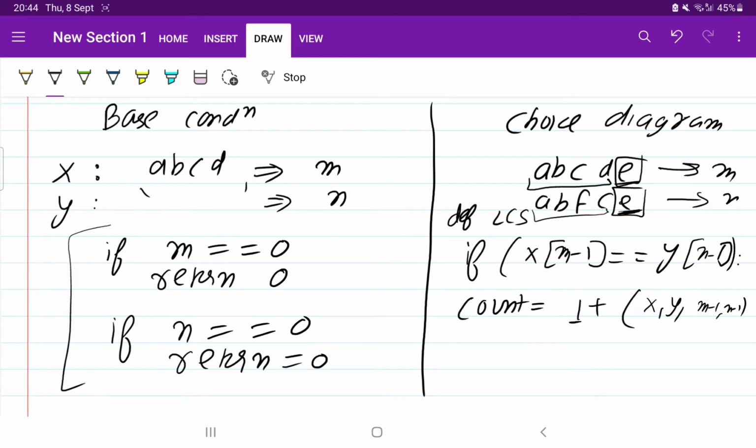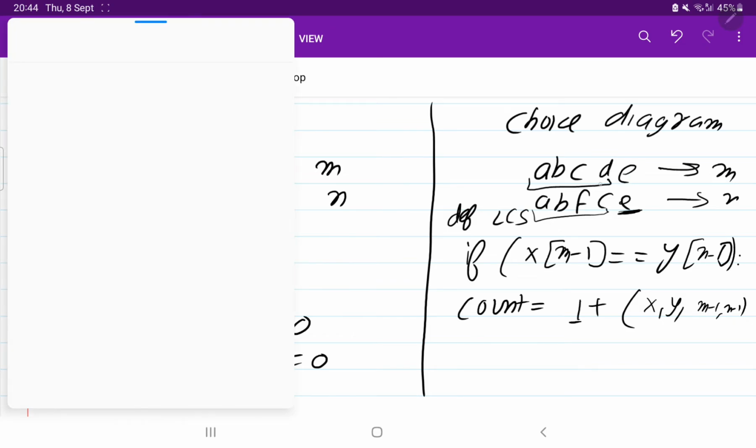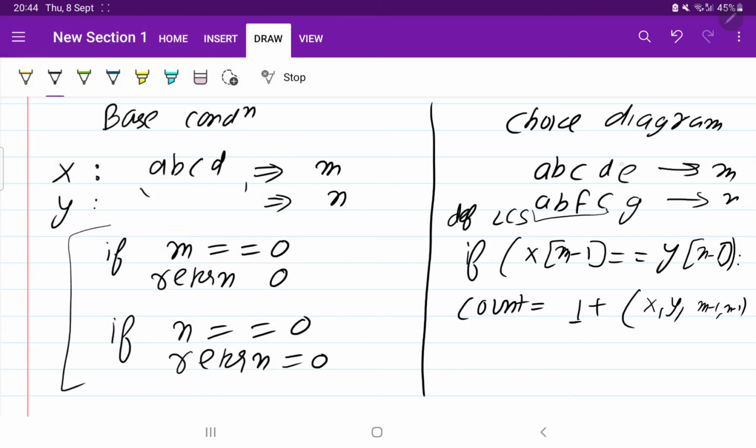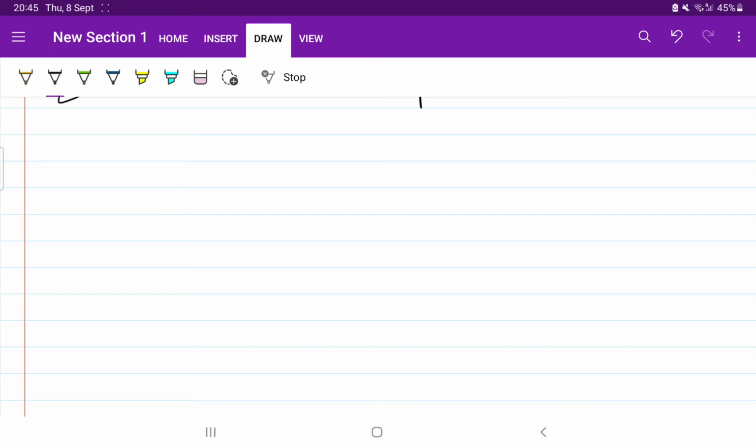And what I told you earlier: suppose the last element is not common, suppose here the last element is z. Then we had two cases, either compare this or this, or this one or this one. This we were doing in the LCS. But in the longest common substring, the elements should be continuous. If the elements are not continuous, we are not going to count the length. I will tell you by giving an example.